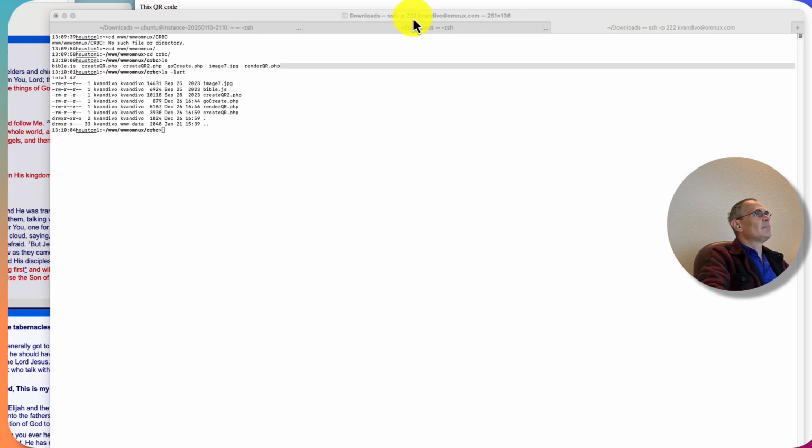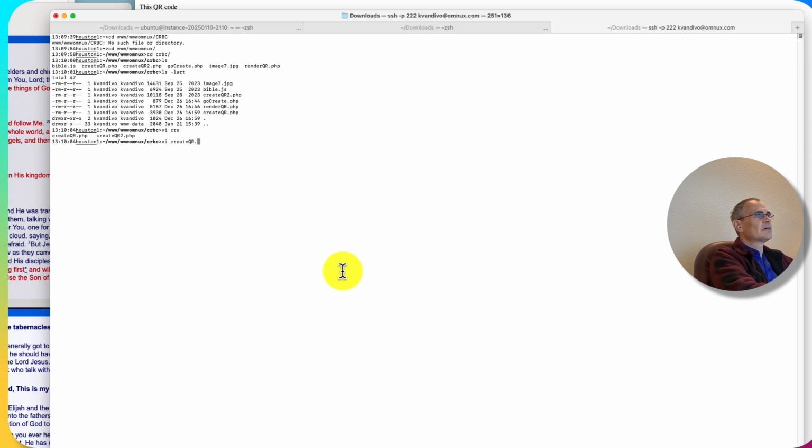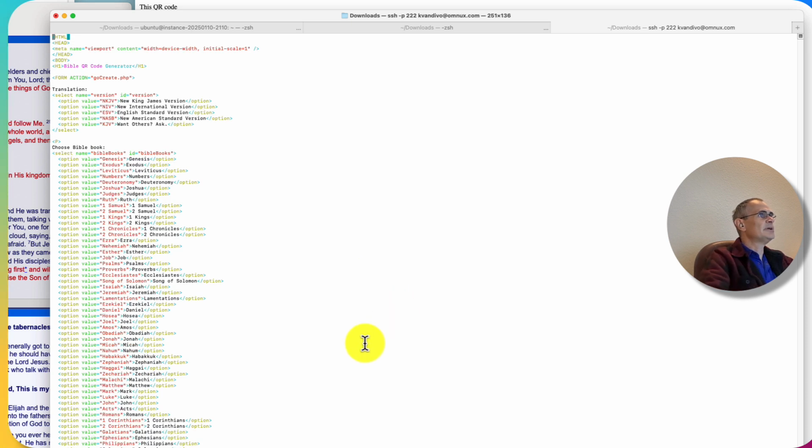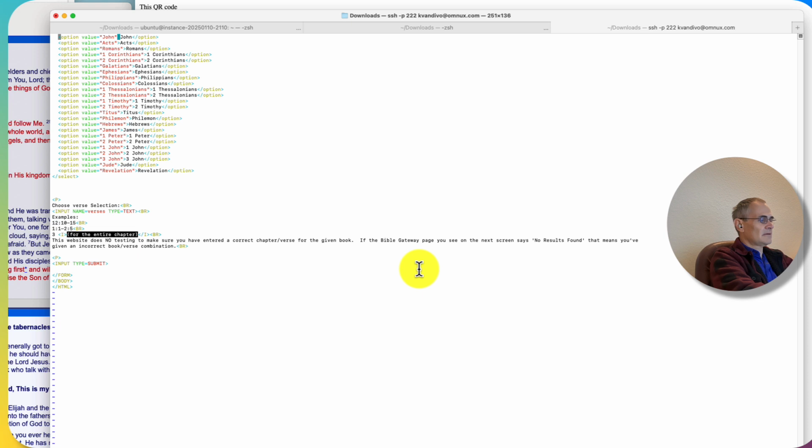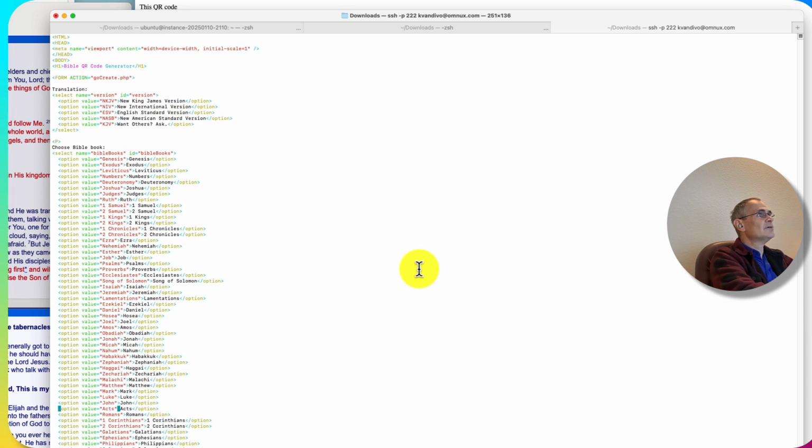And if I just scroll over here, this is kind of the code basically to do all that. And so you can see that if we go to create qrcode.php, I've just got a bunch of Bible books like that, and I added in specific versions there that were needed. And then if we scroll down a little bit, you can see that basically that's the input, and that basically takes you to